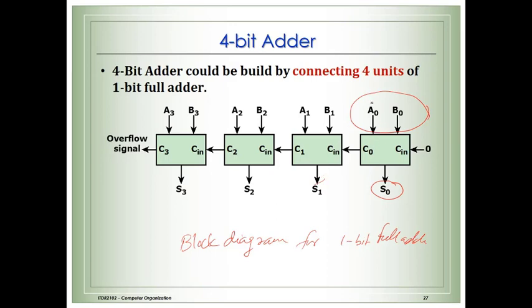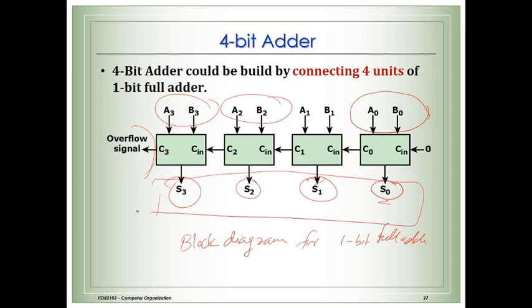So here you will get the first sum bit, then again for the second bit it will produce the sum bit, and the carry will be the input for the next adder, right? For the next adder. So here this is the input, and then it will produce the sum for the third bit, and if it produces carry, the carry will go as input to the next one, and again for this input it will produce the sum. If it produces carry, then the carry will be considered as the overflow signal. So here your sum will be generated over here.